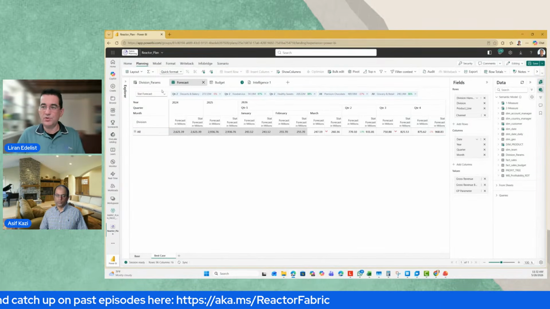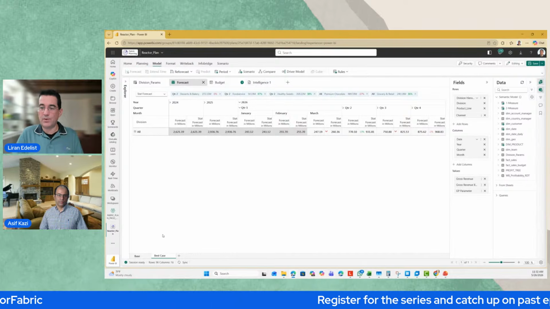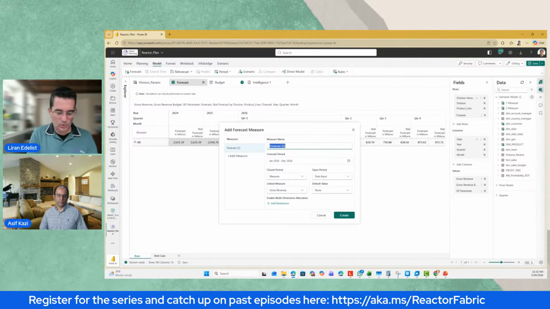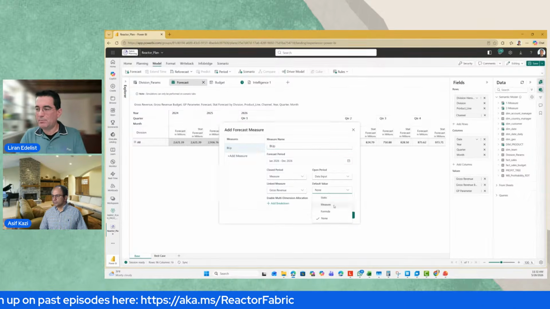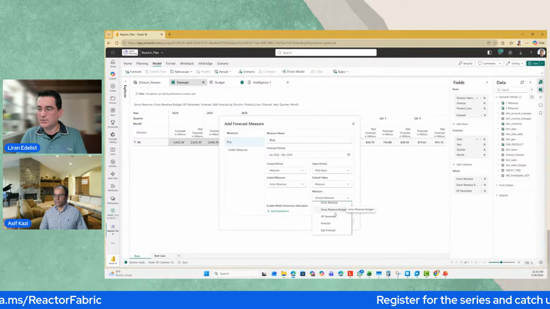We can even support that piece. And whenever I'm creating a forecast, I can now create maybe a third type of forecast for my top-down planning. So I can create another forecast, and that would be my bottom-up one. And I can say that my bottom-up might be defaulted to my budget if I really want to. So I can do that as well.